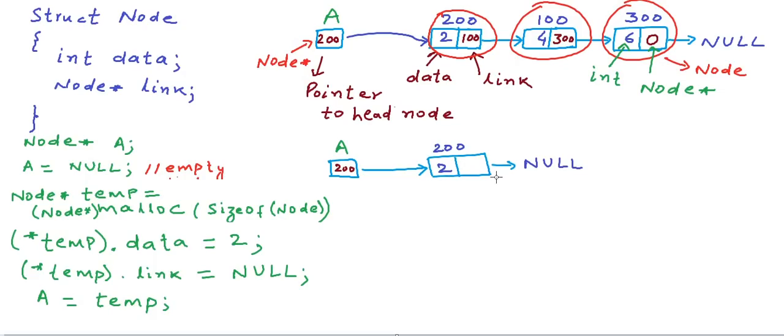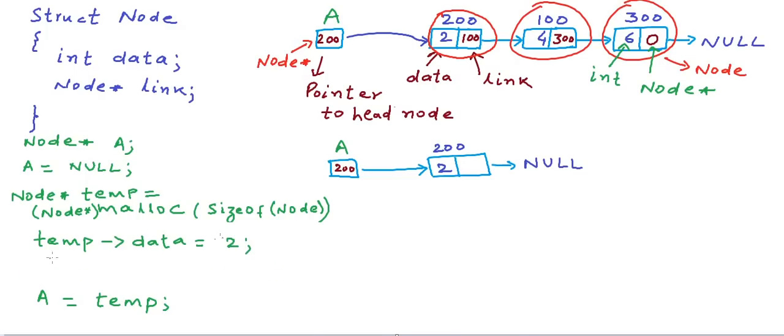It has one node. These two lines that we have written here for dereferencing and writing the values into the new node, there is an alternate syntax for this. Instead of writing something like star temp bracketed dot data, we could also write temp followed by this arrow and data. We will have two characters to make this arrow, one hyphen and one right angular bracket. So we can write something like this, and the same thing below we can write something like this.